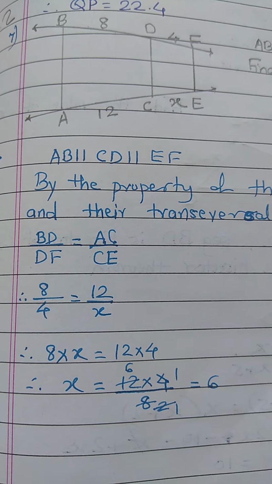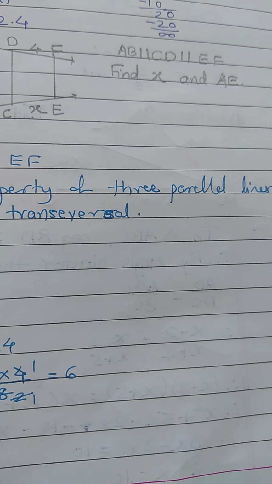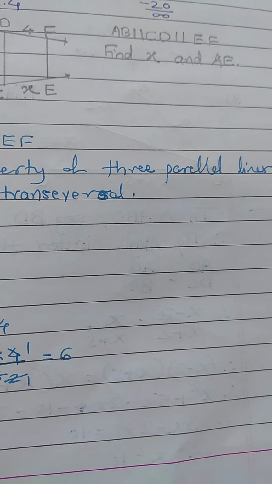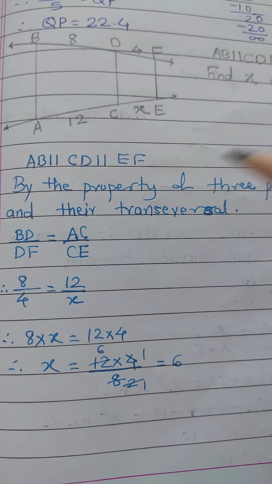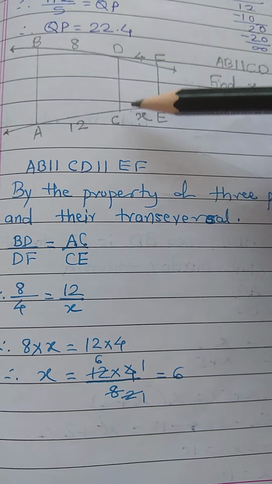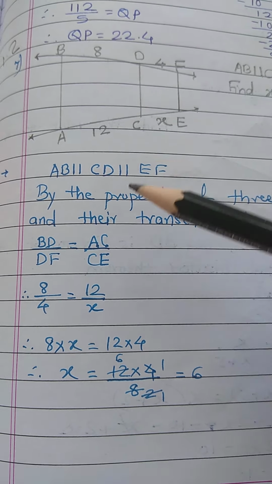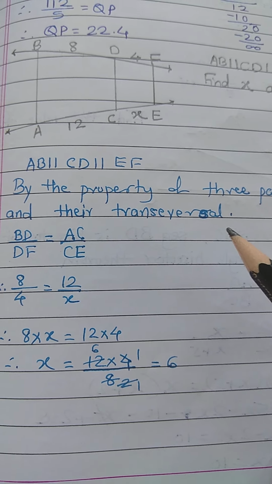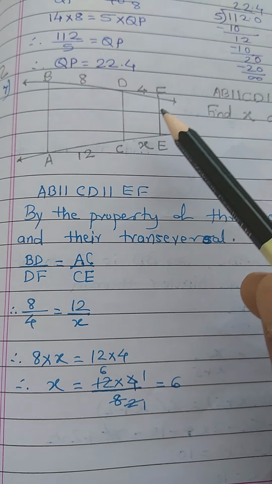Exercise 1.2, question number 7. AB is parallel to CD and CD is parallel to EF. Find X and AE. See in the figure, AB is parallel to CD and CD is parallel to EF. By the property of three parallel lines and their transversals, we can say that BD upon DF should be